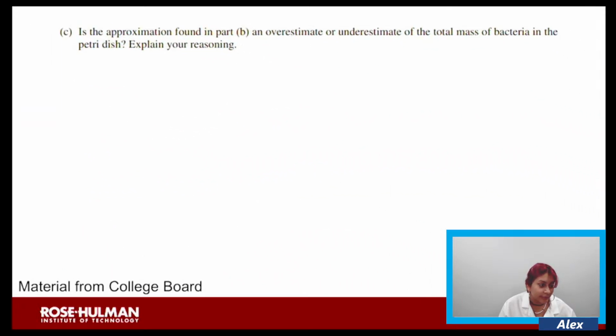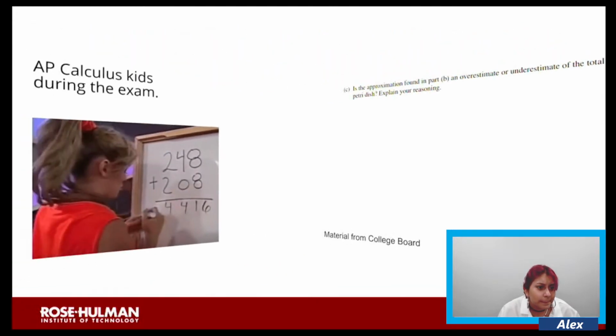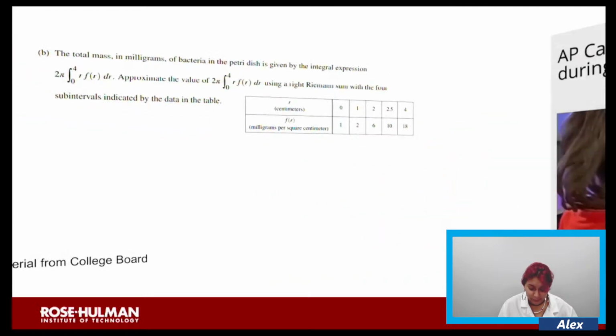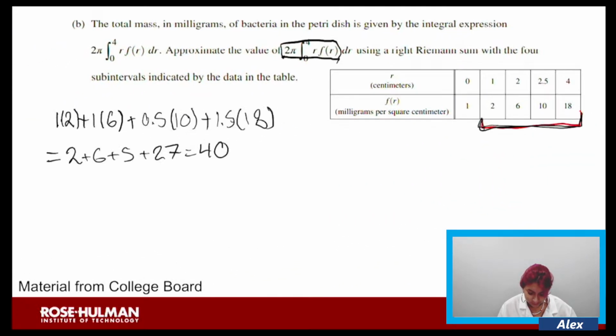B. Hmm? Is that for part B? Yeah. There's a case right there. Oh, you have to multiply by 2 pi. Forgot about that part. Yeah, so let's see. Wait, not having a calculator. Yeah. I'm trying to see where, so 2.5 times